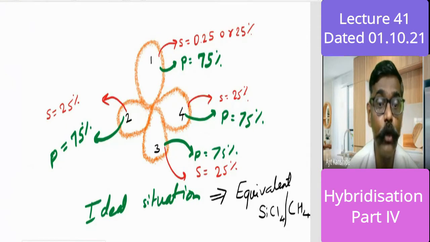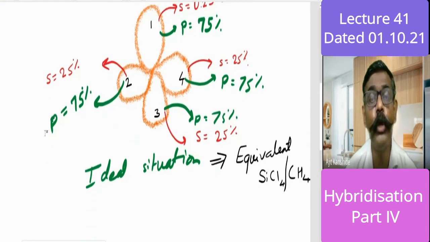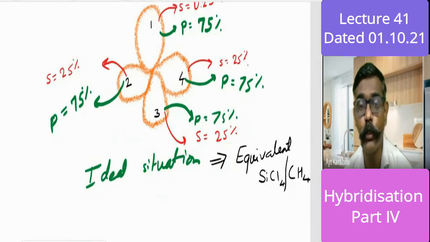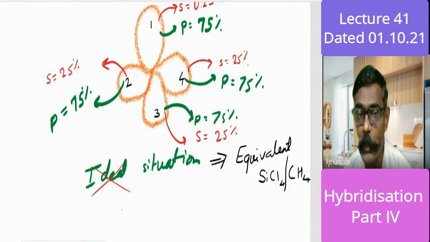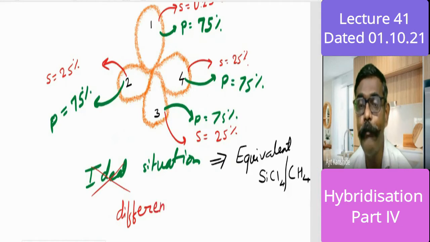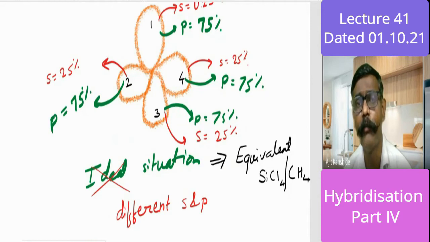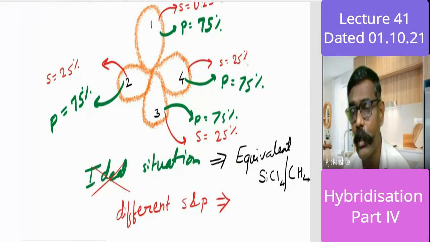But this ideality may not be there for every molecule, there will be a few molecules where this ideal situation will not be there. Practically, the different percentage for s and p character will be there. Different s and p character will be there. For example, if I consider ammonia molecule where one lone pair is there, or second example, if I have to consider,